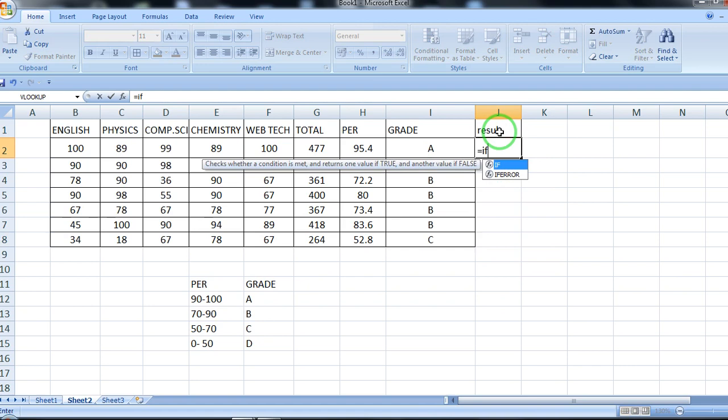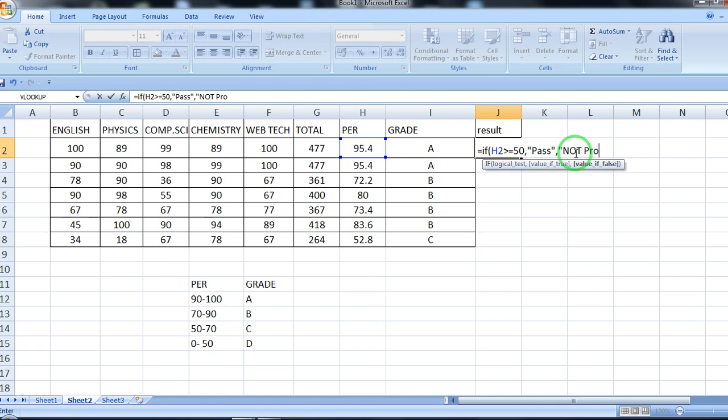If, suppose I want to give the result also, whether the student is pass or fail. H2 is the percentage, if S2 is greater than or equal to 50, this is the condition. If the condition is true, whatever you write after the first comma will be displayed. If the condition is wrong, it will display the value that we have written after the second comma.